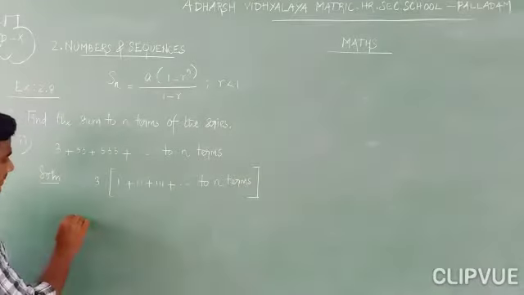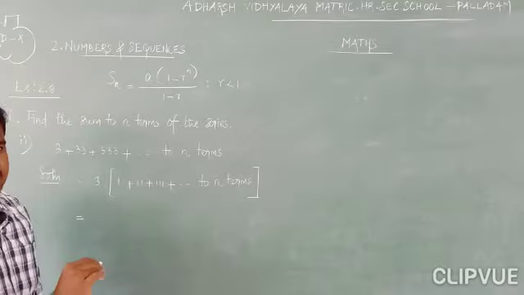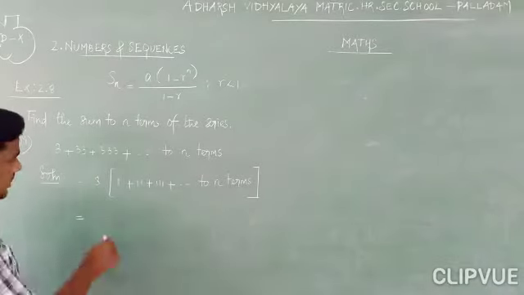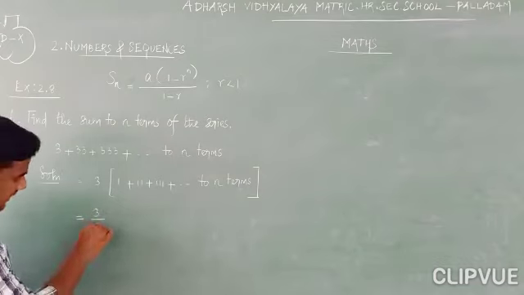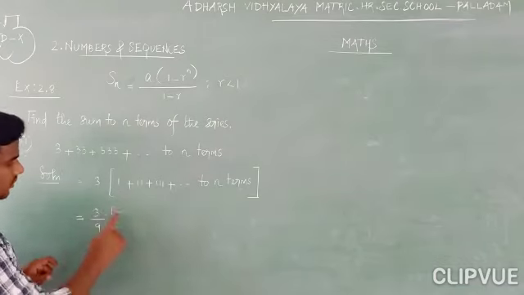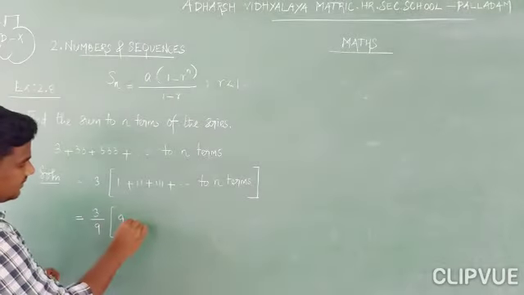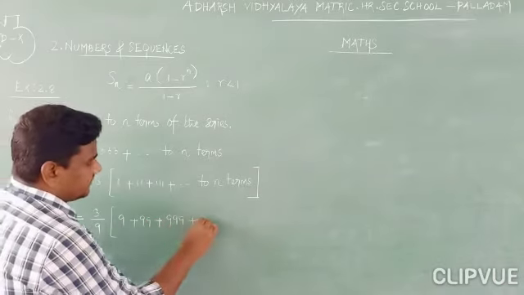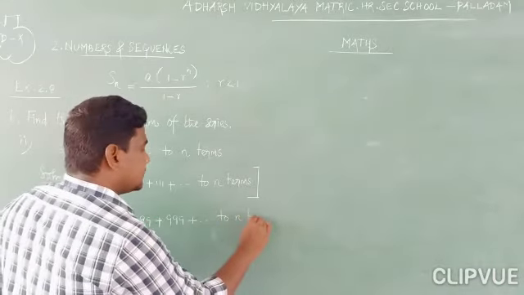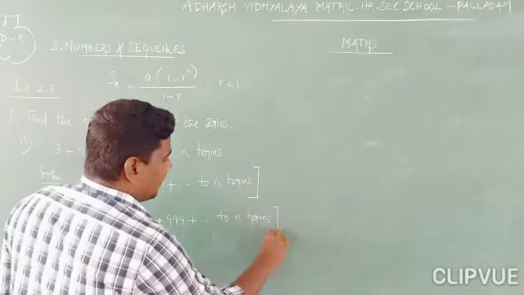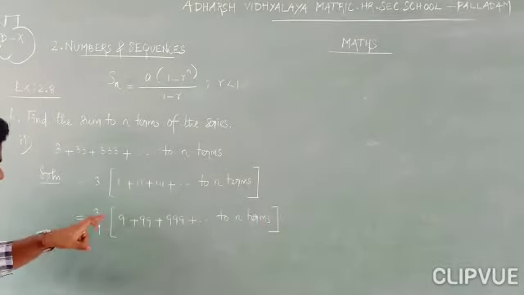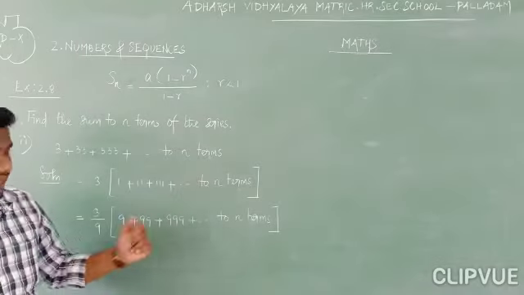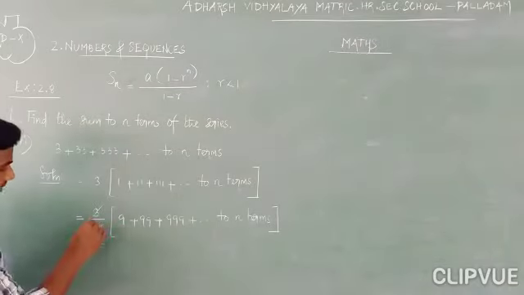Okay. So next, multiplied and divided by 9. Why did we do this? Actually we are going to convert into geometric progression. That's why we are going to do this. So when we multiply and divide by 9, first I divided here, so we can multiply it. So 9 plus 99 plus 999 plus and so on to n terms. In the last problem, I did first 3 by 9 into 9 and then multiplied. So here I directly substituted. Okay.